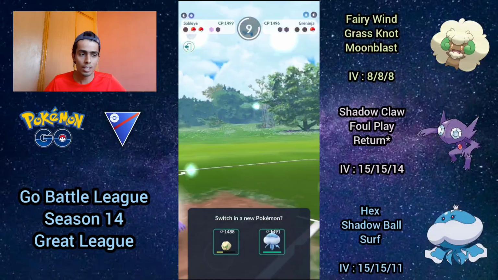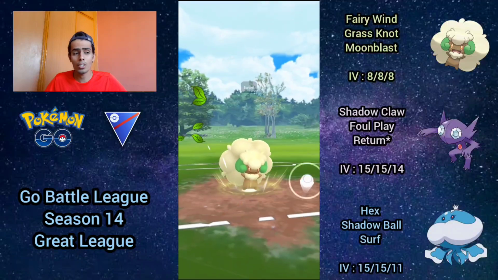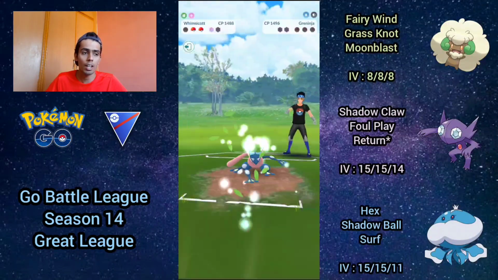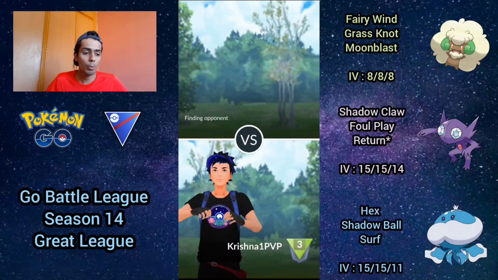It's going to be a Night Slash. That's absolutely fine. I definitely don't want my Jellicent against the Greninja because Greninja completely walls Jellicent, right? Because both water and ghost moves are resisted. But again, Whimsicott is able to take care of that there. So moving on to the next battle here, we have